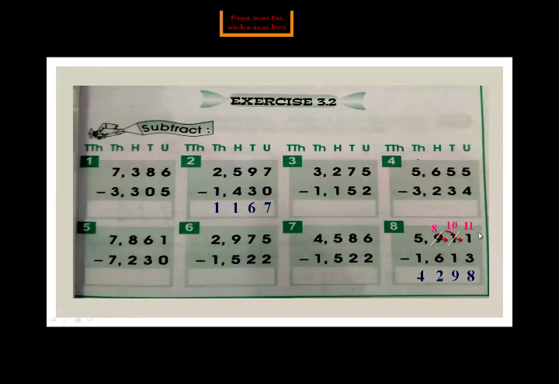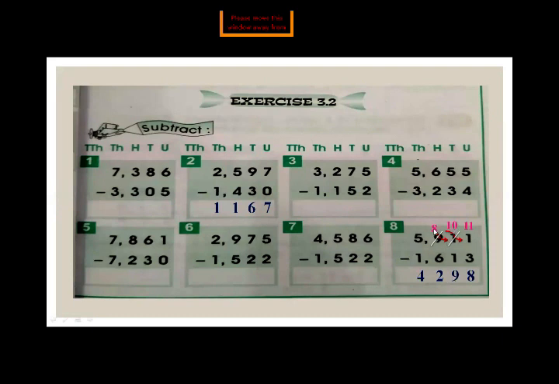Okay, so first of all you need to solve the ones place digits. 11 minus 3, 8. Units place solved. Now come to the tens place. This one gave a borrow to the units place, so it became 0. Now 0 minus 1, no chance. So you take a borrow from the hundreds place digit. In the hundreds place, what is written? 9. When this 9 gives a borrow to this 0 in the tens place, it will become 10. Okay, so 10 minus 1, 9.